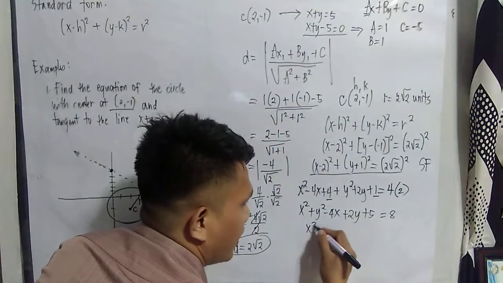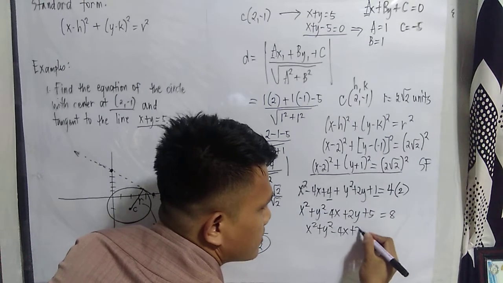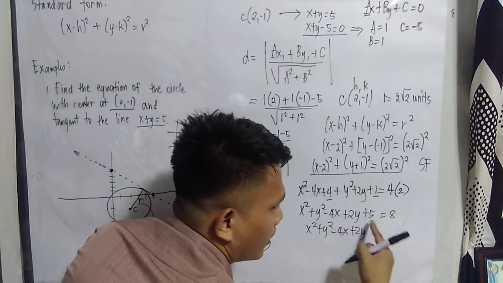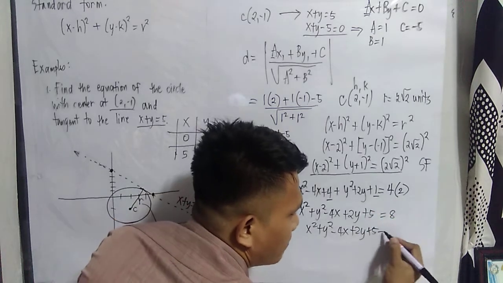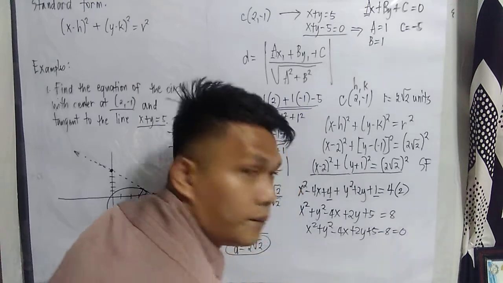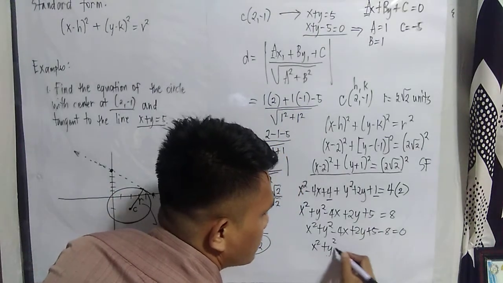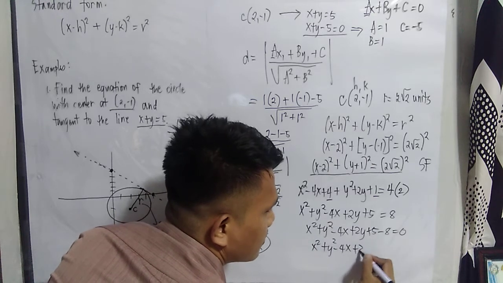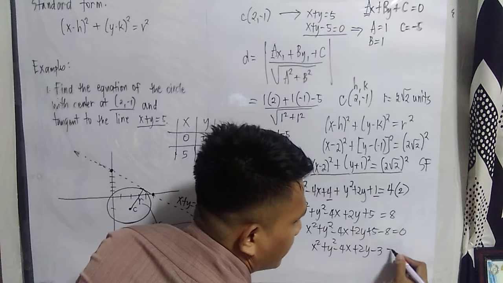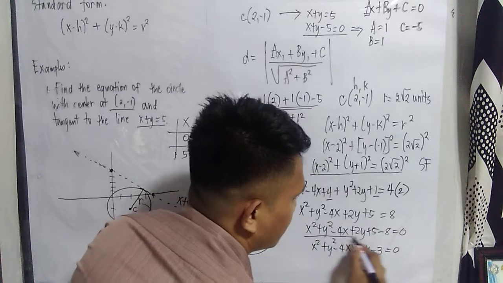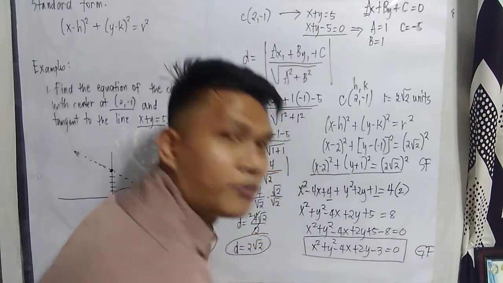So we have x squared plus y squared minus 4x plus 2y. This is positive 5. Let's subtract: positive 8, minus 8, is equal to 0. So we have x squared plus y squared minus 4x plus 2y. This is 5 minus 8, negative 3, equals 0. So this is now our general form of the equation of the